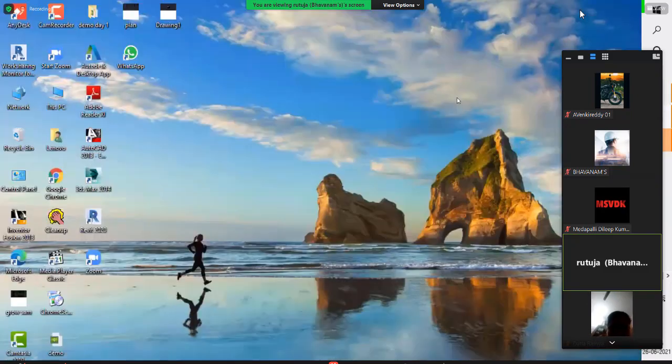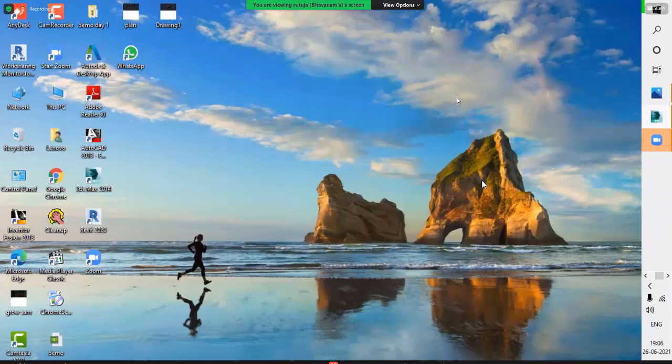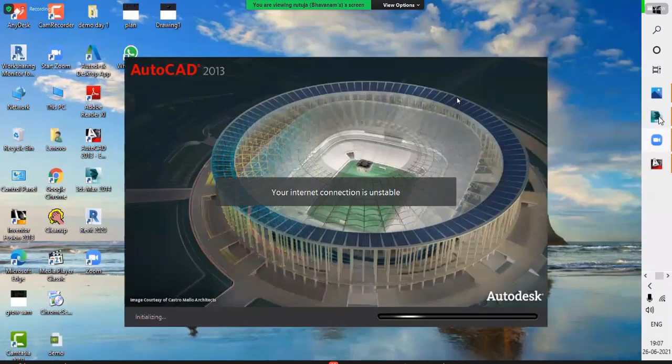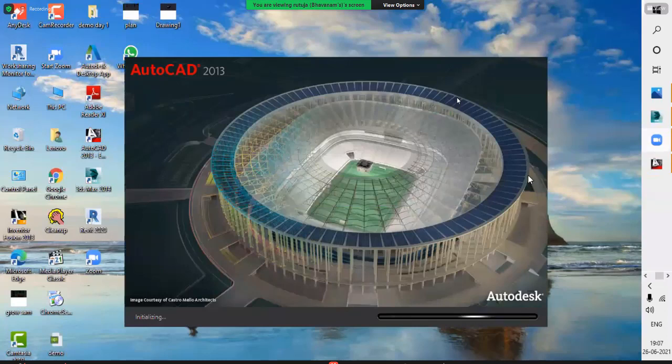So what we can do here, we will learn how to import the CAD file in Max.